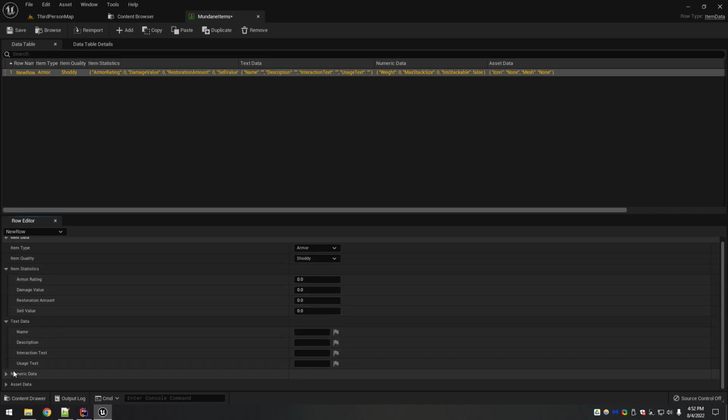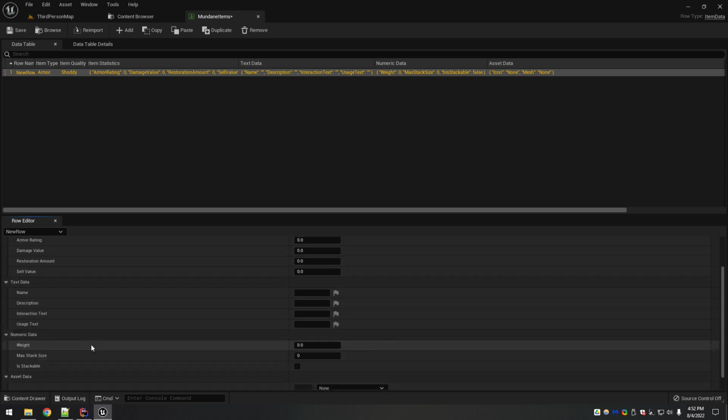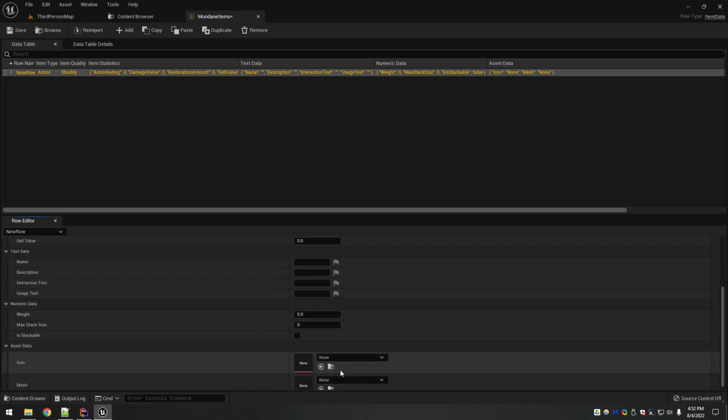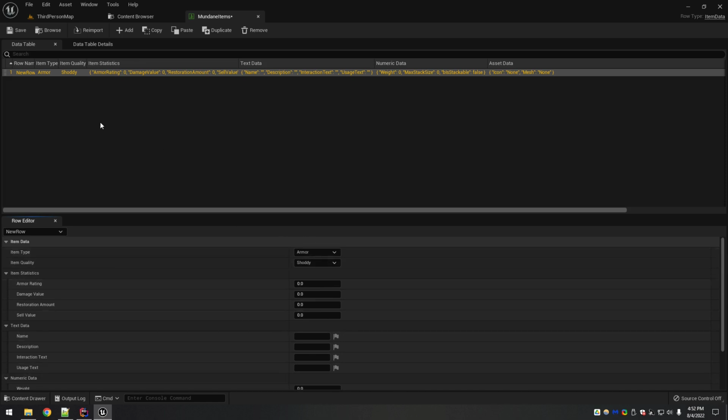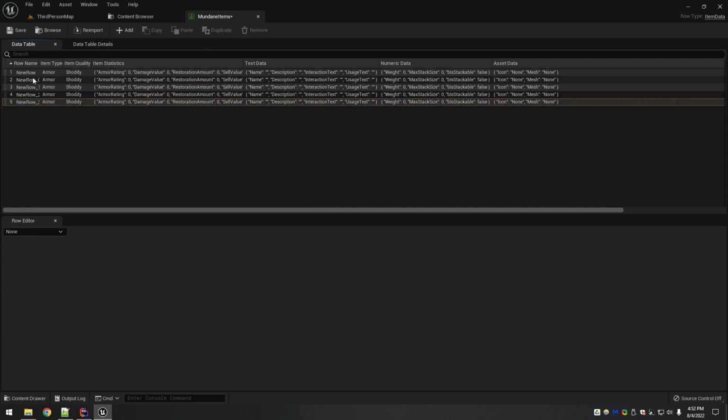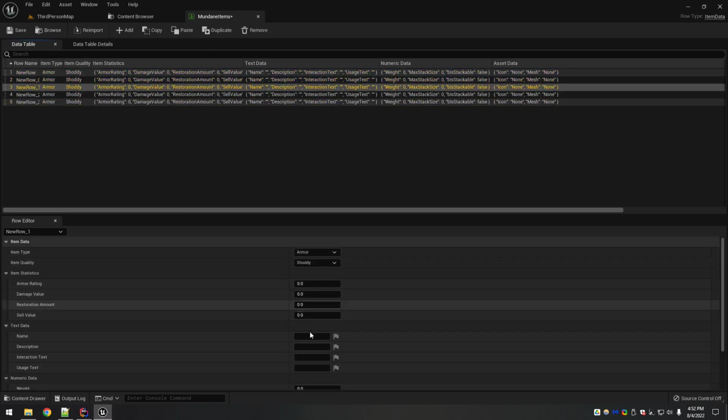We have the different structs here. Everything's really accessible. It's all nice and clean and organized and easy to edit. And you can add as many items as you want and go down through here, tweak them, and it's nice because you just do it in this one place. This will be essentially the master copy of this item data, so if you ever need to change something, you just change it in one place rather than needing to go to multiple copies of an item and edit it in each one or something like that.